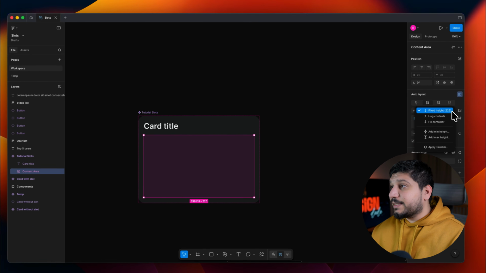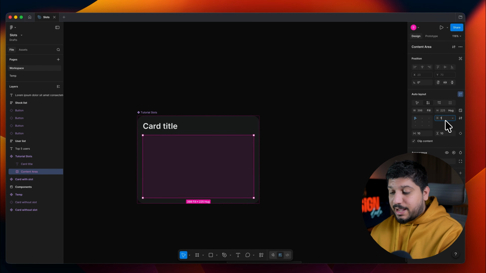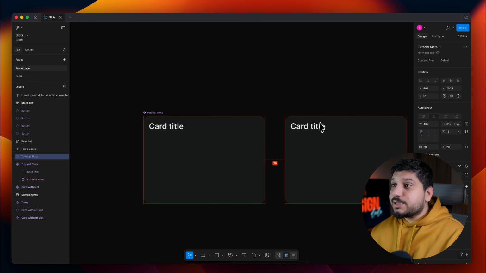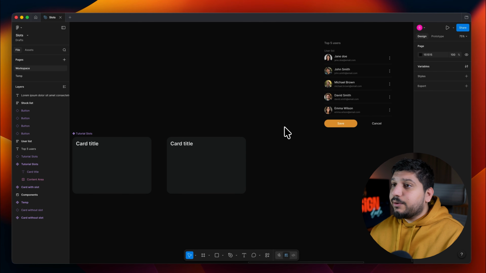So for example, I can set it to hug the contents. I can have some gap. I can have padding around it. And there you go. Now, if I create an instance of this one over here, I can drag and drop